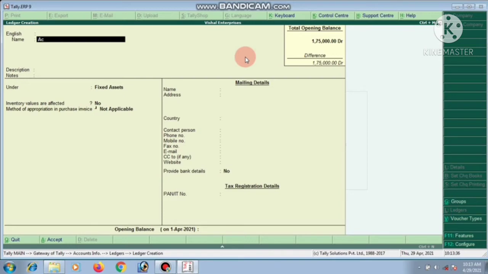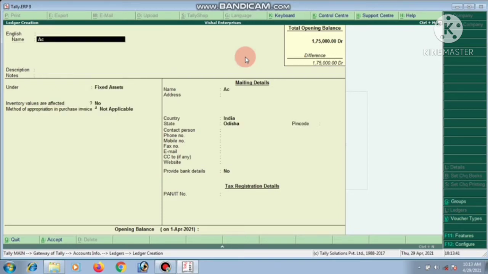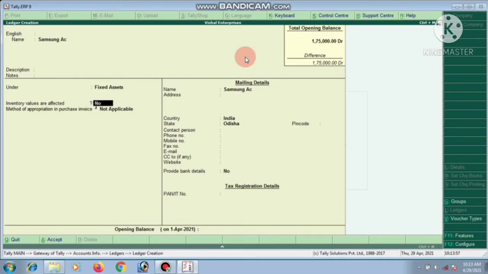And next we write AC, air conditioner. I also write the Samsung AC. Its under is also fixed assets. And now we write 25,000.